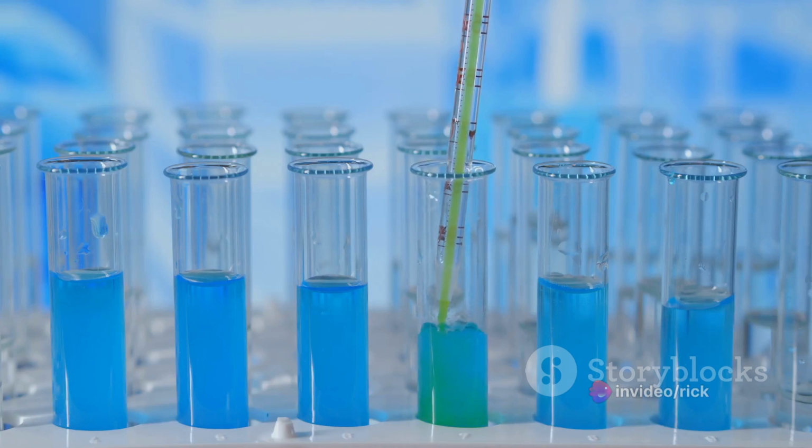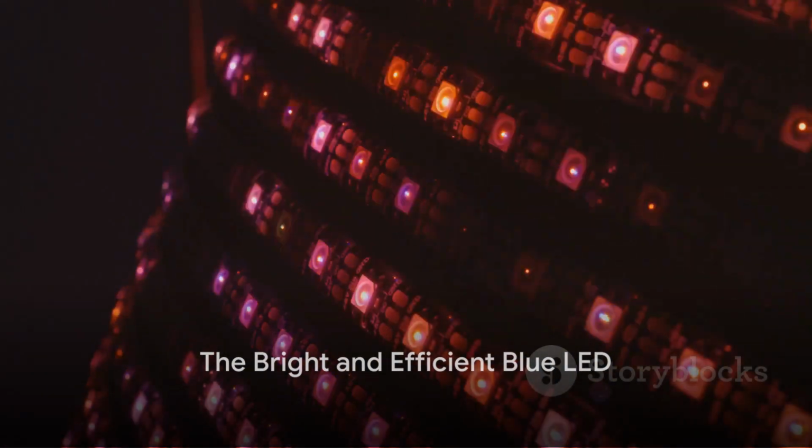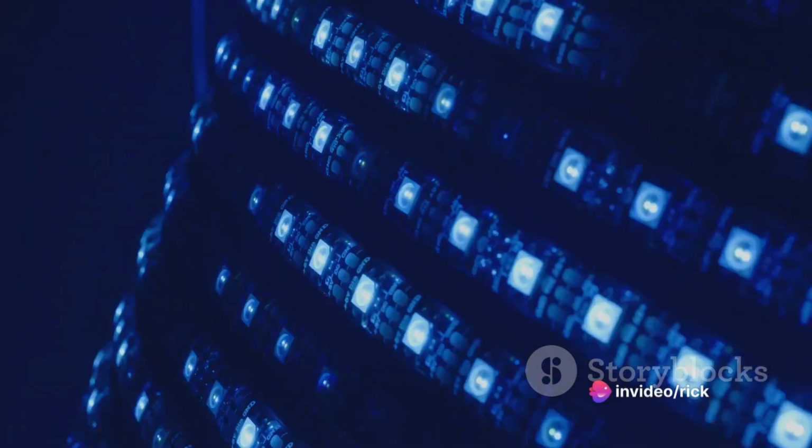It wasn't until the early 90s that a solution was found. Scientists discovered a way to dope gallium nitride using low-energy electron beams. This allowed them to control the amount and distribution of impurities, finally enabling the gallium nitride to produce blue light. But that wasn't the end of the story. The first blue LEDs were dim and inefficient. It took another decade of research and development to create a blue LED that was bright and efficient enough for